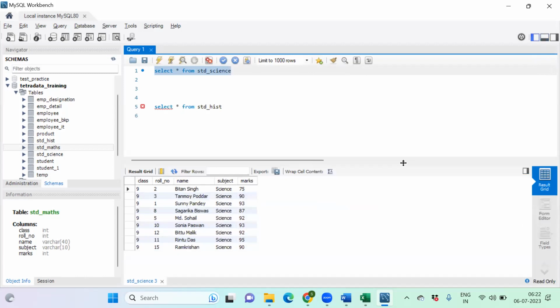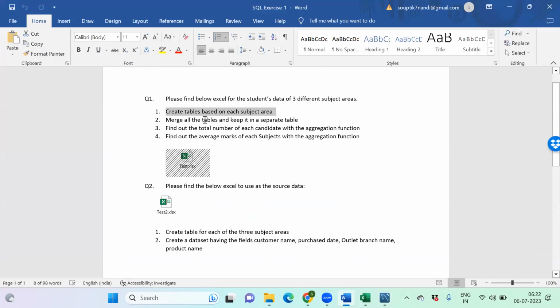Okay, present over here. Okay, so all the tables have been inserted with data. Our first problem is done. Create table based on its subject area. All the tables are created as well as the DML of insertion statement has been executed so that the tables